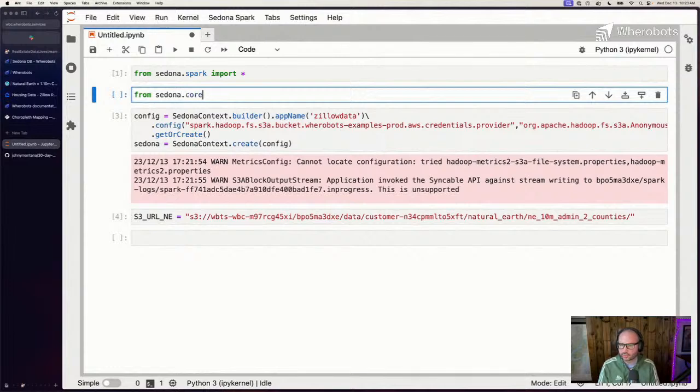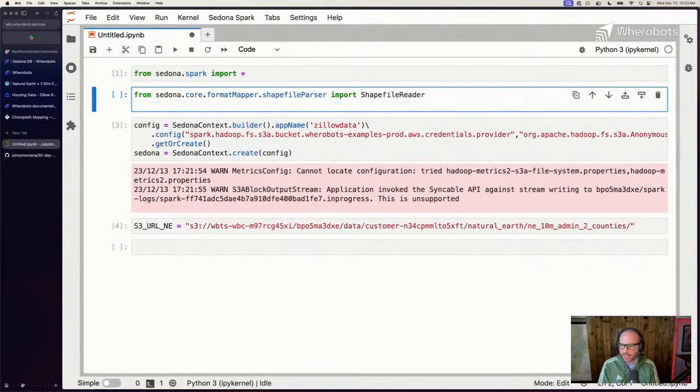So from Sedona core format mapper shapefile parser, we're going to import the shapefile reader. And from Sedona utils, we import